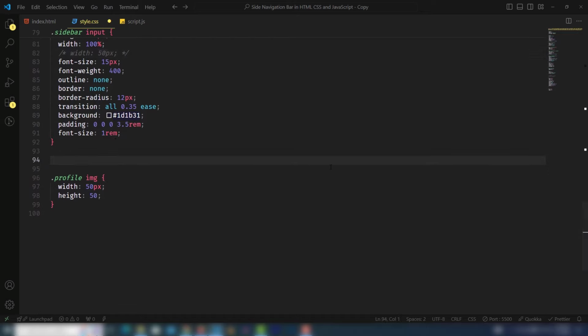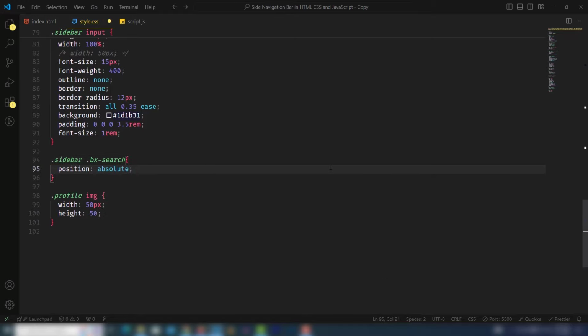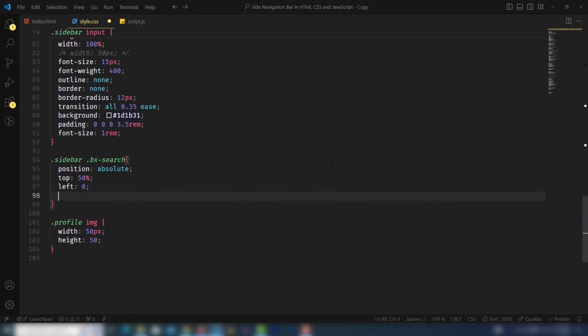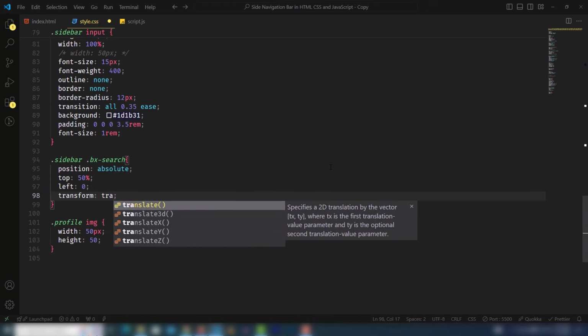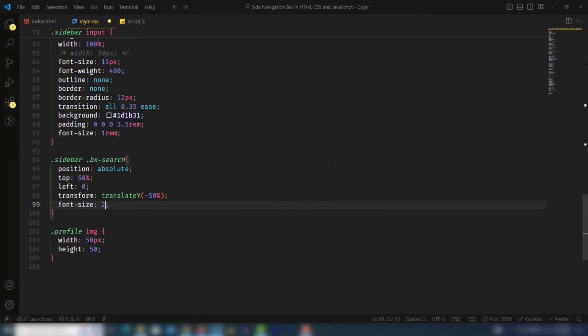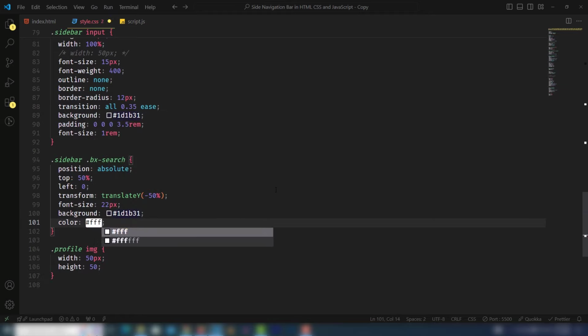So let's select the search box to display it inside the input field. So I need to select bx search. I need to use position relative, not absolute. It will move top 50%, left 0%. Transform, translateY negative 50%. Font size I will use 22 pixel. Background color I will use like this one, and also color will be white. So yeah, as you can see,